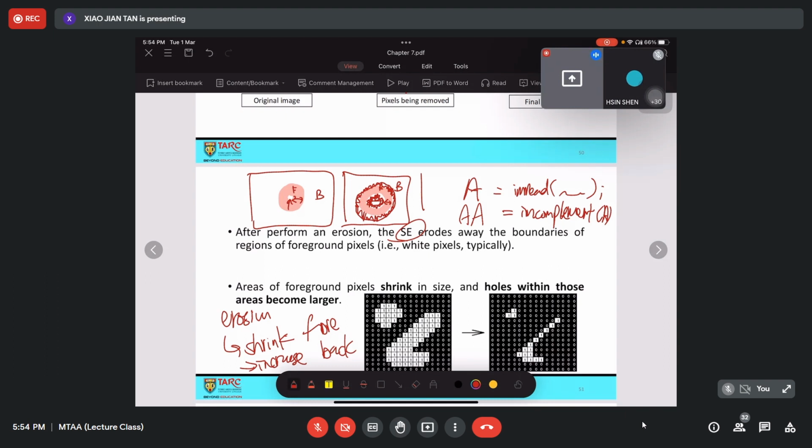Yeah, it's correct. It's just like an inverse, which means white to black and black to white.